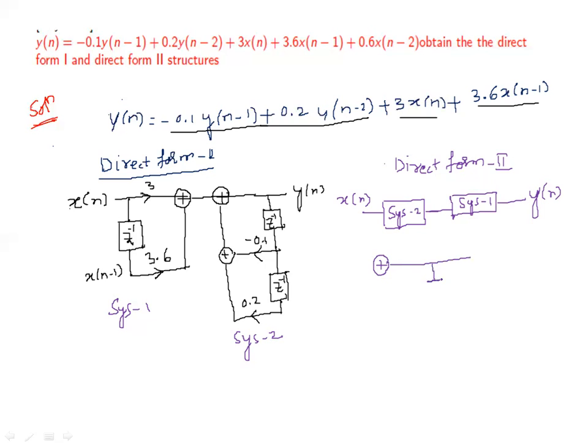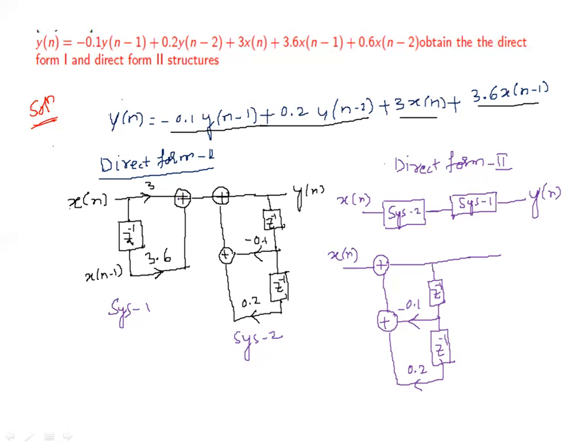So here this is Z inverse. Then one more delay we will take, as the highest delay required is 2. So we will call it a second order filter. We'll write it as it is. This multiplier is minus 0.1 and this multiplier is 0.2. And here the input will be x of n. Then the output we are going to write.